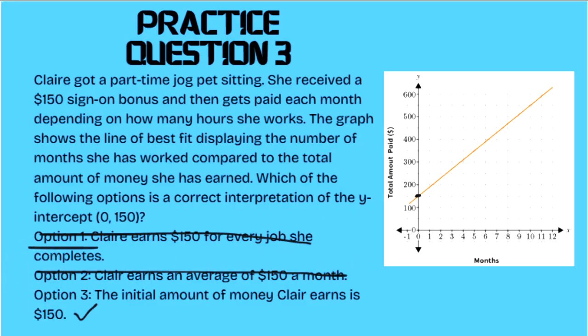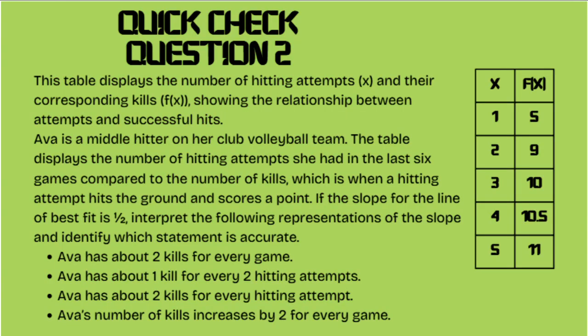Okay, so that's totally right. Here's quick check question number 2. I won't answer this for you, but I'll tell you how to figure it out. This table displays the number of hitting attempts, x, and their corresponding kills, f of x, showing the relationship between